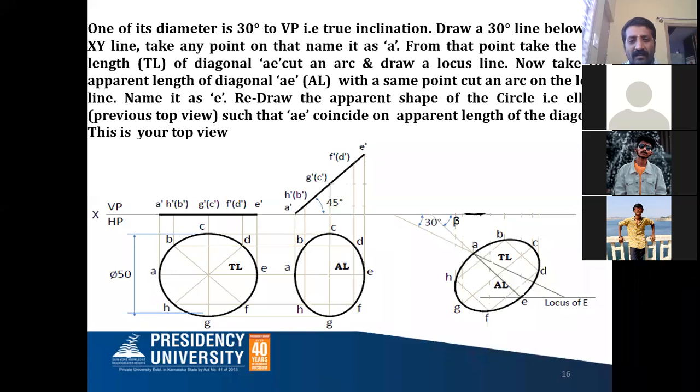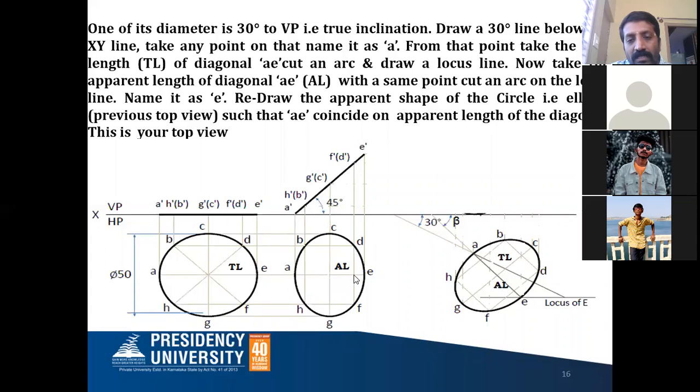Box method, why I always suggest it is because you will get it accurately, if you draw a perpendicular line. For example, in the box method, A to this distance you take here, draw a 90 degree line, and on this 90 degree line you take this distance and cut it on either side. Immediately you will get C and G. Similarly, A to this distance, E to this distance is the same. From here you take this, from here you take this. So E to this distance and A to this distance you take. Draw a 90 degree perpendicular line passing through that.